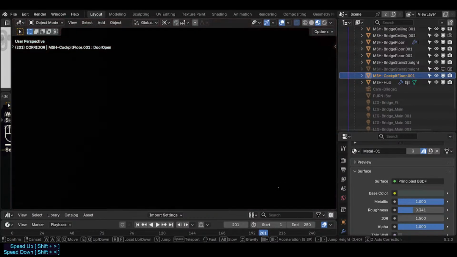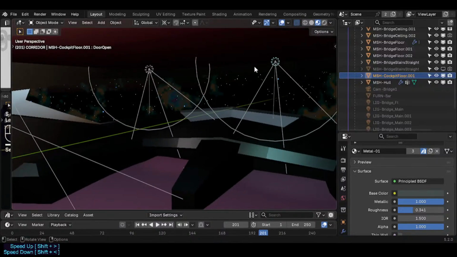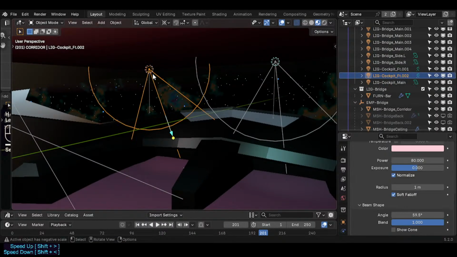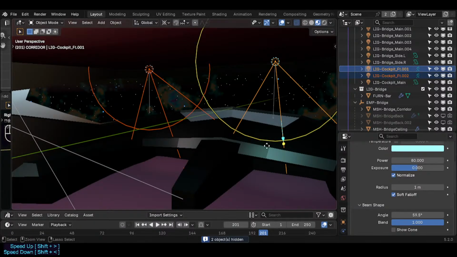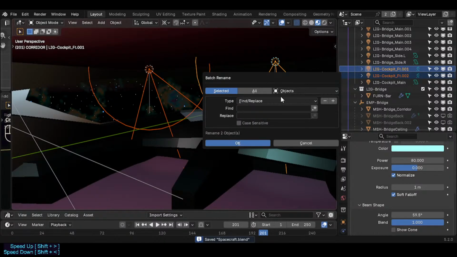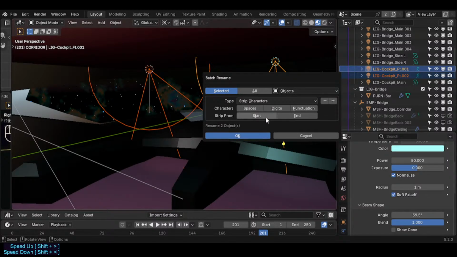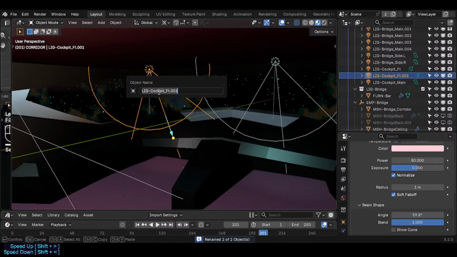Not sure if I like this too. That's high. I think it's too dim. They deserve more lighting, right? So pick double of these ones. We can probably strip characters, and this is like a